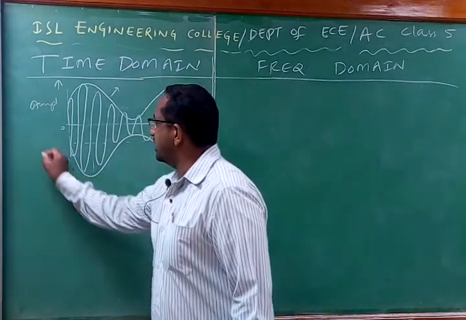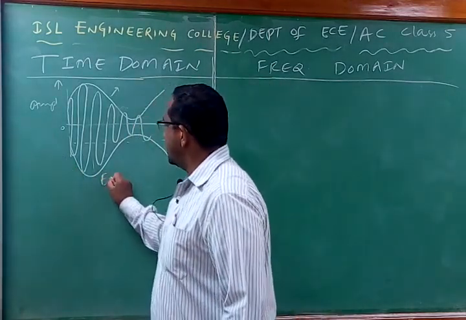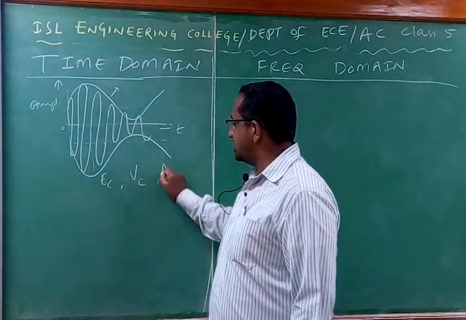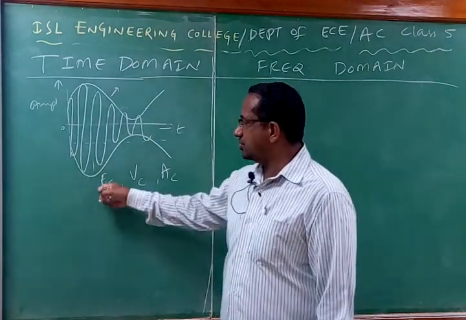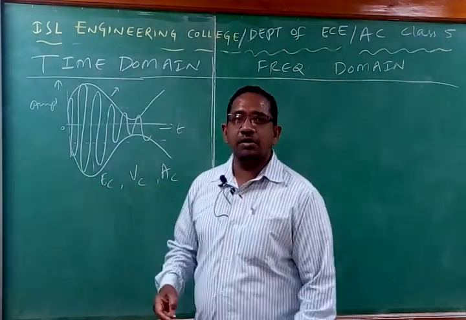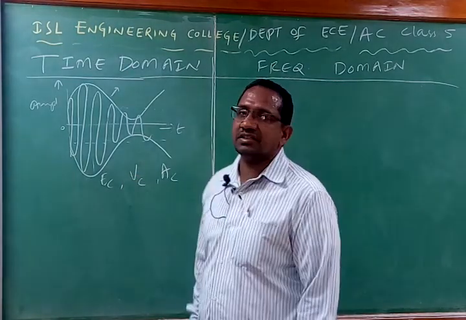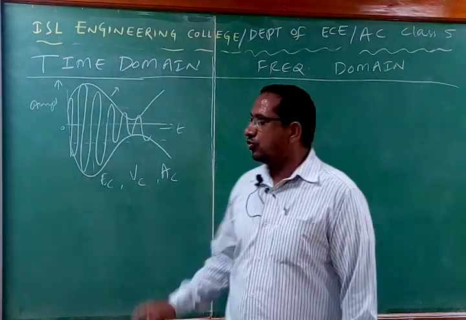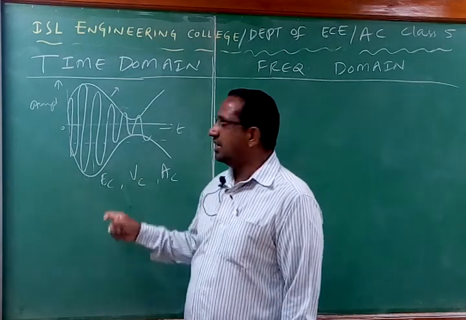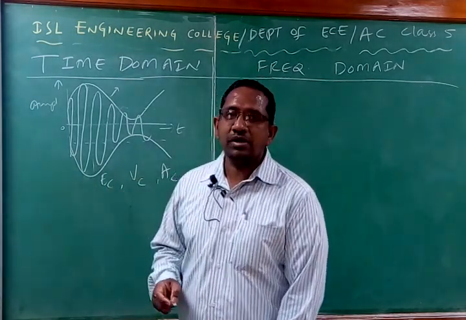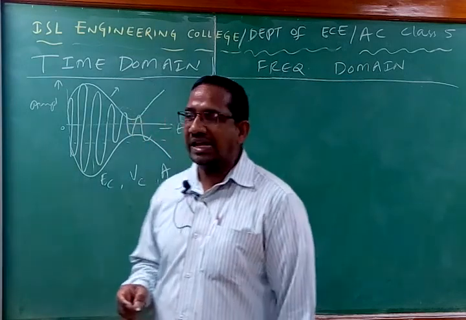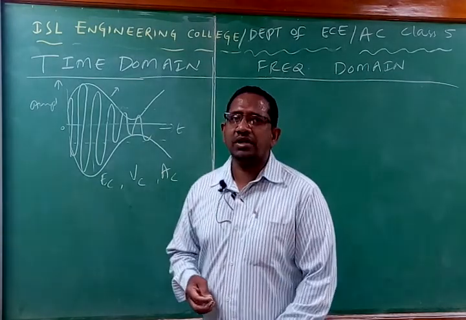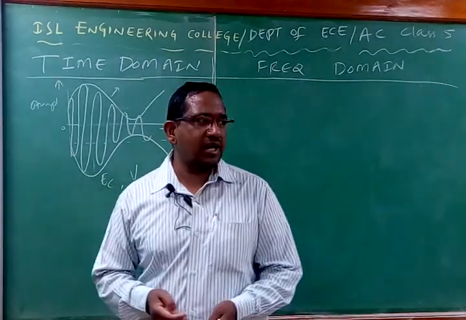Some people will designate voltage with EC, some people as VC, some people as AC. What is the meaning of this? This E is something like your EM wave notation. Capital VC is nothing but the voltage, the electrical signal representation. AC is a generalized representation. Whatever the representation may be, what we mean is that it is nothing but voltage for us. Before the signal is transmitted by an antenna, that signal is known as a voltage signal.